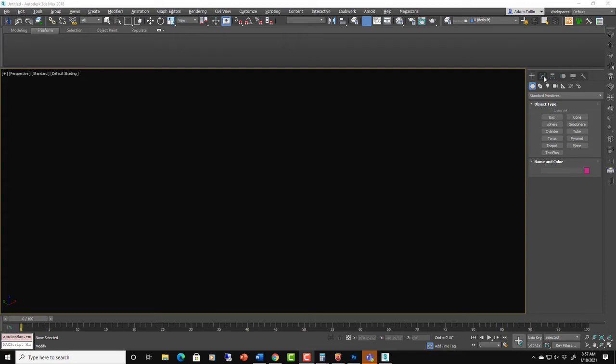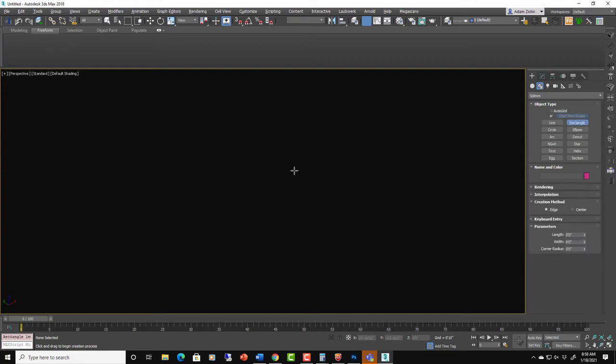So if you have something that's really, really organic, you're going to have a very hard time modeling that any other way than just straight up telling the polys where to be to create that object. And sometimes polymodeling can be faster than some of these more basic modeling techniques that we might use with standard primitives and splines and those kind of things. So if you've seen any of my other courses, I like to use the example of a window.